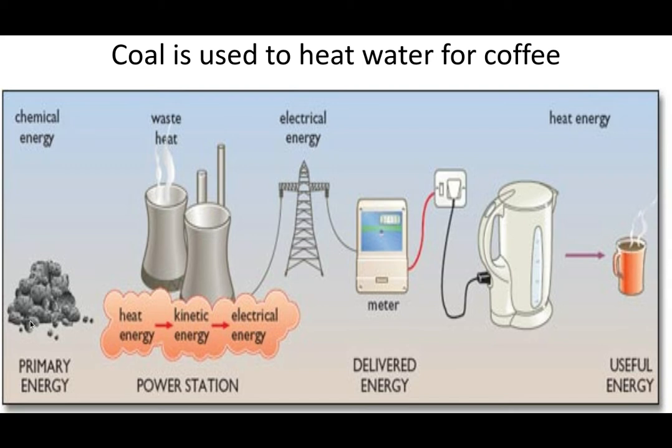Okay, that electrical energy is sent through wires. And then Mr. Bogdan actually does have an electric kettle. And so that's going to be electrical to thermal. Then that hot water will be used to brew Mr. Bogdan's coffee. Going all the way back to the chemical energy in coal, that actually came from plants, which